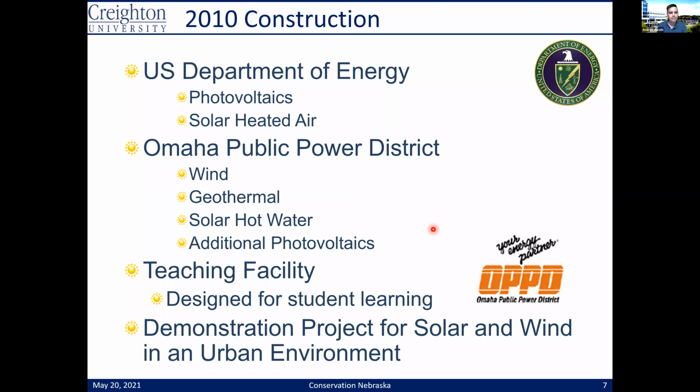And ultimately, the funding for the array came out of a kind of stimulus package that Creighton had received from the federal government through the DOE. And so not only did it help pay for the solar array and the variety of renewables that we have across campus, but it also helped pay for things like our teaching facilities and made sure that everything that we did build, which to be fair is more expensive than it needed to be at the time, was designed explicitly for student learning. So for accessibility, to get students up there, being able to mess with the wires, all of these things. You wouldn't necessarily have to do that if it was on your rooftop, for example, but we tried to make it as accessible as we could.